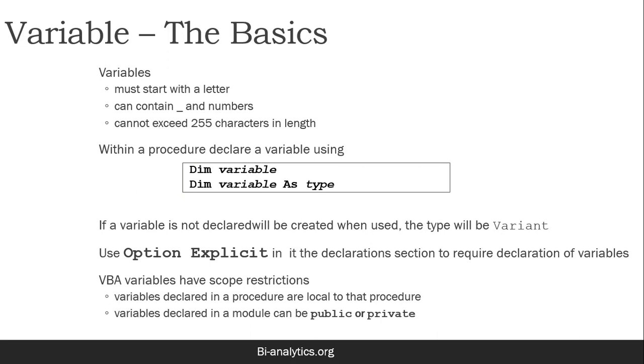VBA gives more extensive power than normal Excel. So we will do the calculation in computer memory, and that's why we will use variables. We will create some variables in computer memory. Our program will use them, solve the answer, and put it back into Excel. So this is the importance of variables.